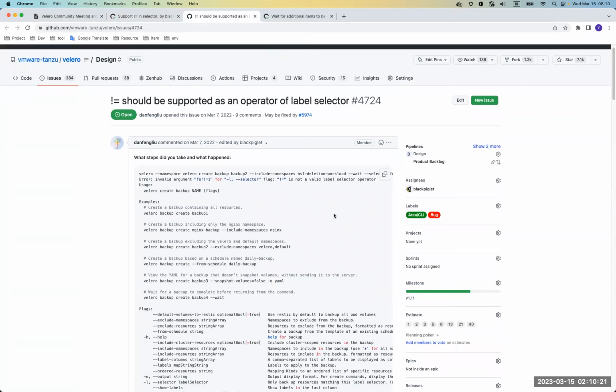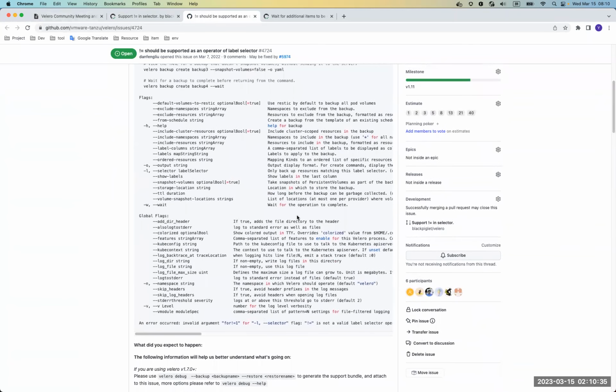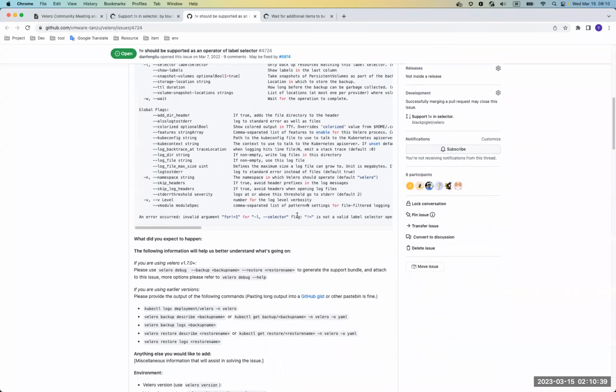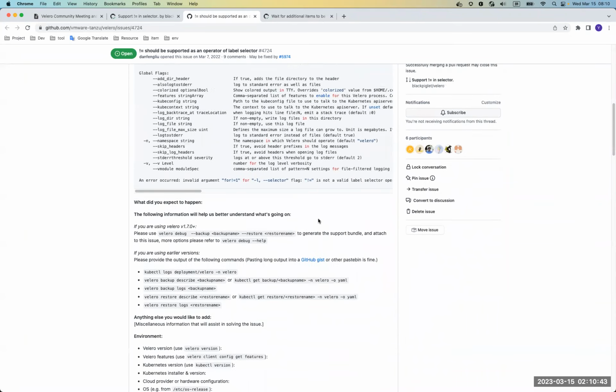I think that's the problem in the API machinery library. Please scroll down a little bit. Anshu already raised an issue in the API machinery, but there isn't any fix yet.